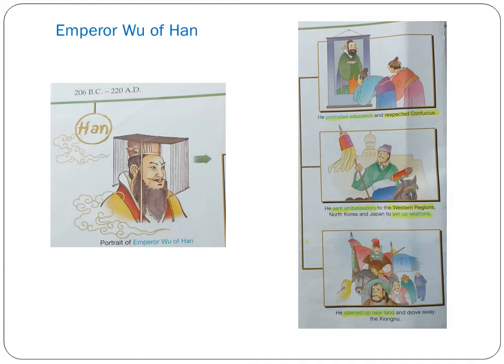And lastly, he opened up new land and drove away the Zhongzhou. The Zhongzhou, as you can see in the bottom right picture, are nomadic people. Nomadic means they don't have a permanent place to live. They travel from place to place, and they carry everything wherever they go. If you remember in our first or second lesson, we learned about the nomads in the Tibetan plain, who live in one place in summer and they shift to another place in winter. The same way, these are nomadic people. They are illiterate, not educated, and they don't have a very